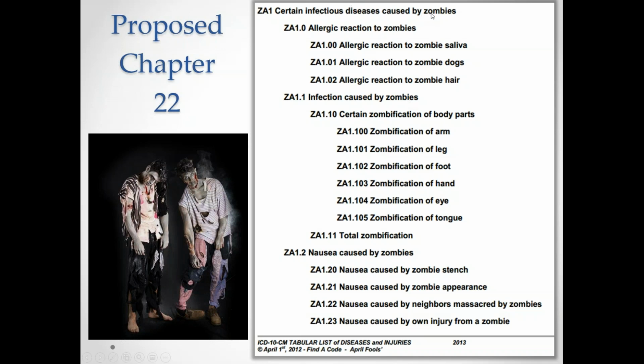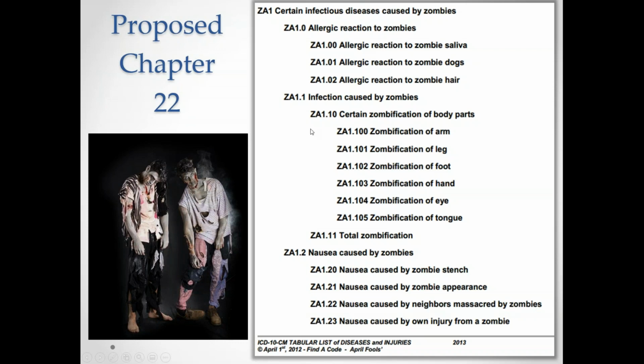These are codes related to infectious diseases caused by zombies. So you see there's a section of codes about allergic reaction to zombie saliva, dogs, and hair. There's certain zombification of body parts. We have a list of all the different body parts that can become zombified, and so you can code those separately. And there's total zombification. My favorite, though, is ZA1.2, which is nausea caused by zombies. And you see we have nausea caused by zombie stench, appearance, but this one's my favorite, nausea caused by neighbors